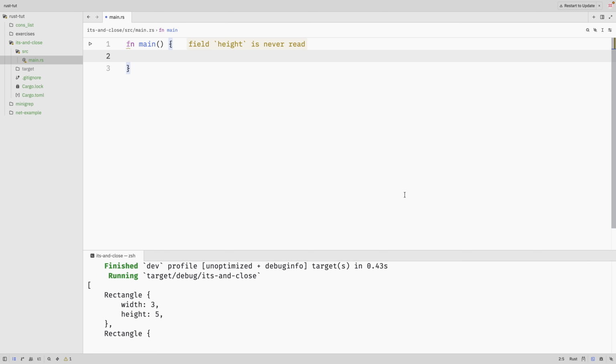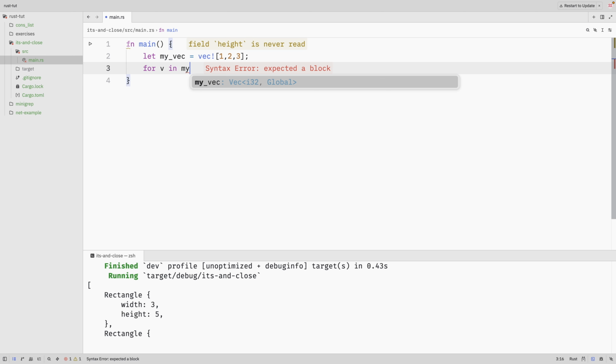Iterators are just a fancy way to loop over items in a collection of some sort. They work kind of like for loops and actually work in tandem with them, but allow us to write a bit more safe code as opposed to a for loop with manual variables. We've actually been using iterators without knowing it. So for example, if we had my_vec equals vec![1, 2, 3], by doing for v in my_vec,